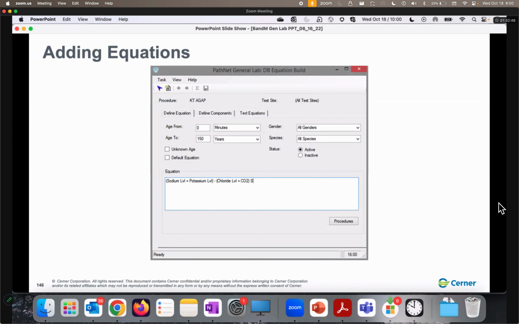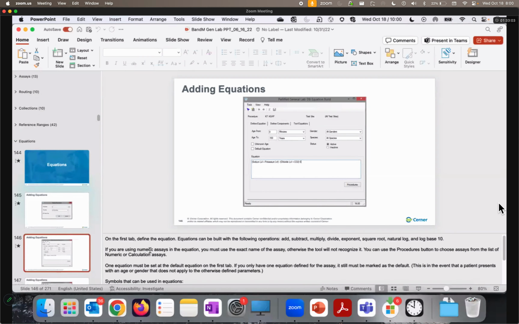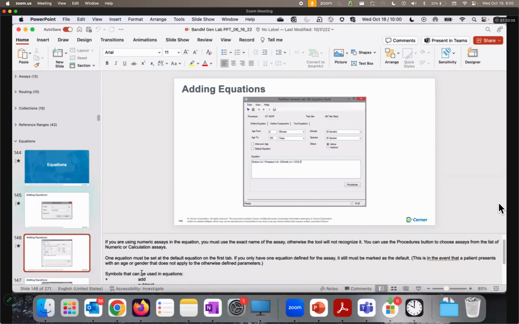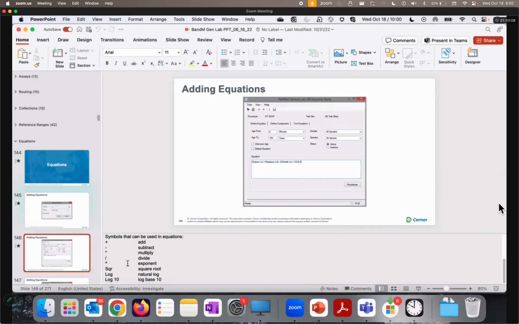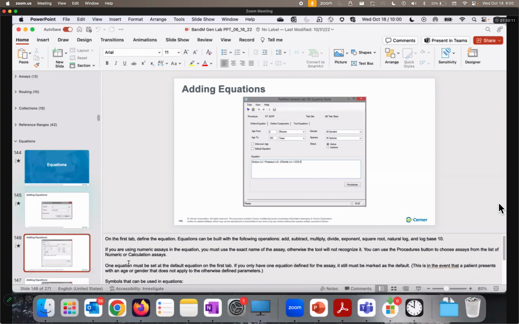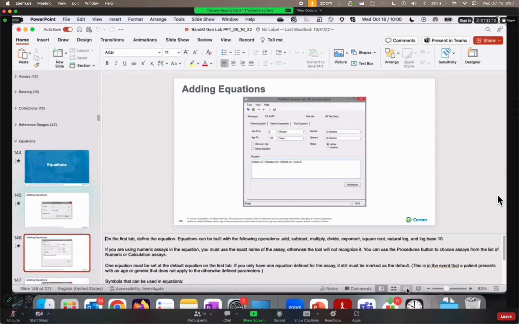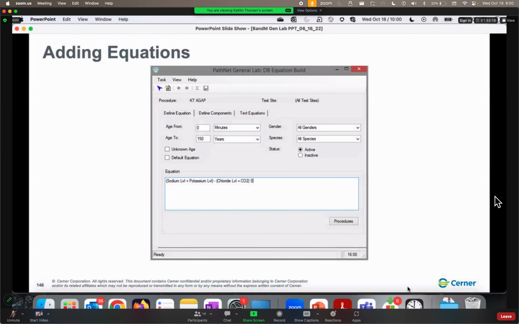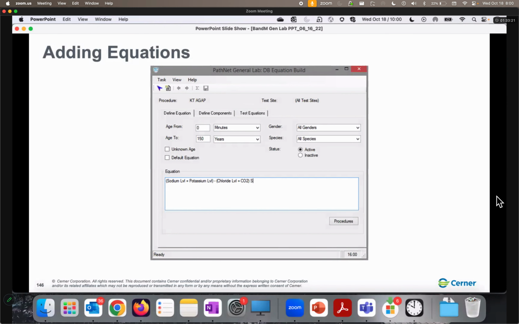All right, then down there at the bottom is where the equation itself goes. Our equation tool is capable of handling all of your major scientific equations. And I'm pretty sure that one of these slides has it. So here it's got the symbols that we use, just basic scientific stuff. You can do all of the major types of calculations that we would need. And many of our calculations are going to involve other